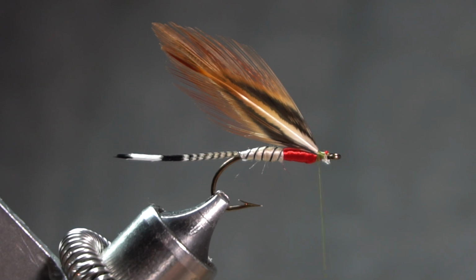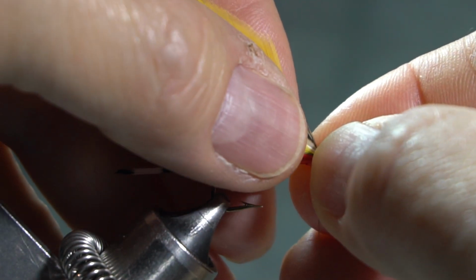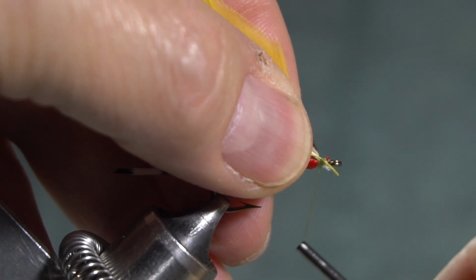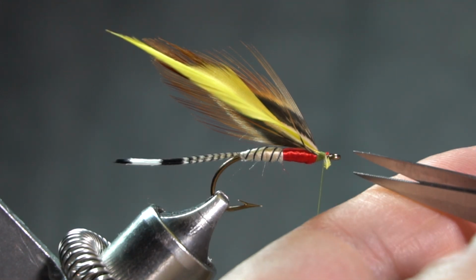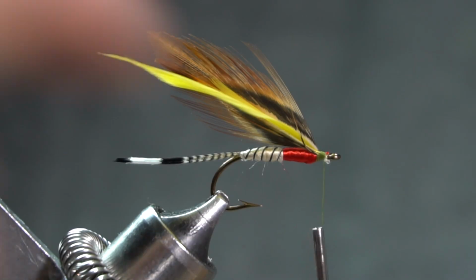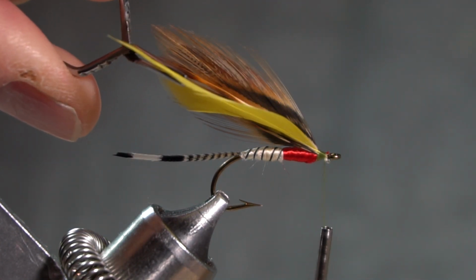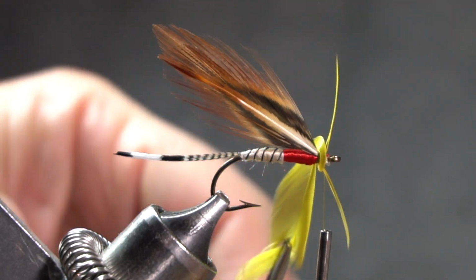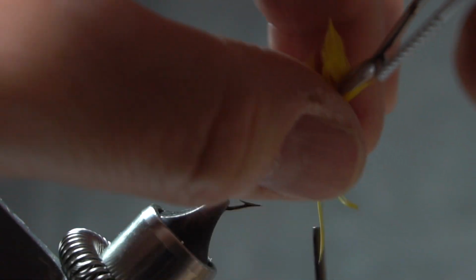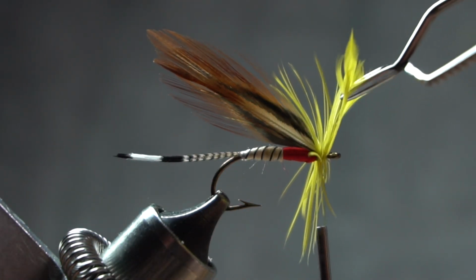Then for the hackle, I have some yellow saddle feathers. I'll do the same thing with that saddle feather. Just clean off the butt end. Tie it in with the shiny side away. And clip off that little bit of stem, rachis. And I'll grab that feather with my hackle pliers. And then I'll take a few wraps, keeping the shiny or outside of the feather towards the hook eye so that the fibers